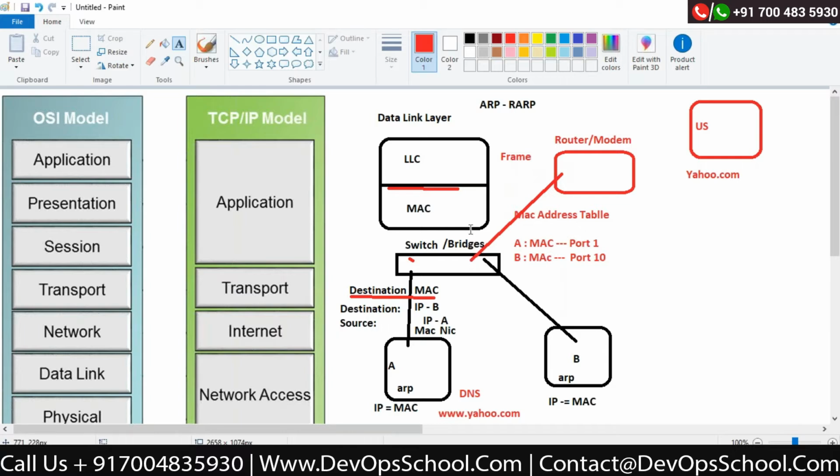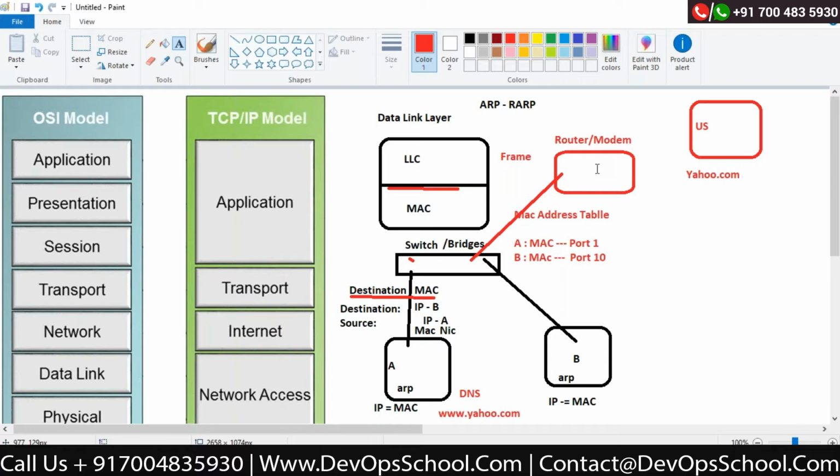I don't know whether that next device is a router or a modem. I don't know. Then if it is a switch, people say my switch is very intelligent. It knows that it is transferring to one more switch. So it will create one more frame. It will put the MAC address of its own switch and its own port and send that frame to another switch. Okay. Whenever I'm sending from one switch to another switch, then it could be a frame.